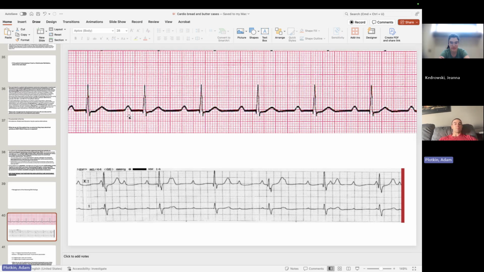So that's narrow. But what's weird here is the PR interval. It should be between 0.12 and 0.2, so less than one of the bigger boxes. If you look, this one starts right on the line, and it goes all the way past the other line here. So that's a prolonged PR interval, right? But we've never dropped a beat. So a prolonged PR interval with no dropped beats is first degree AV block. Okay, so how do I treat that?